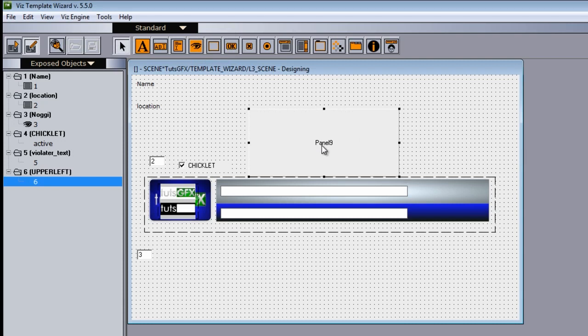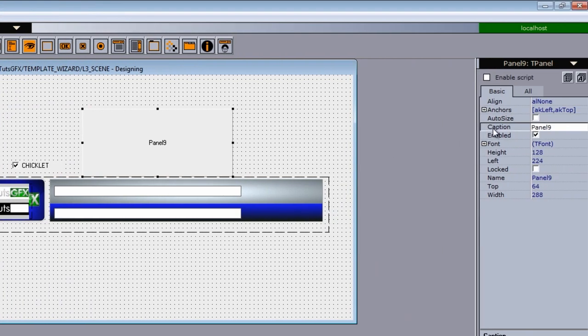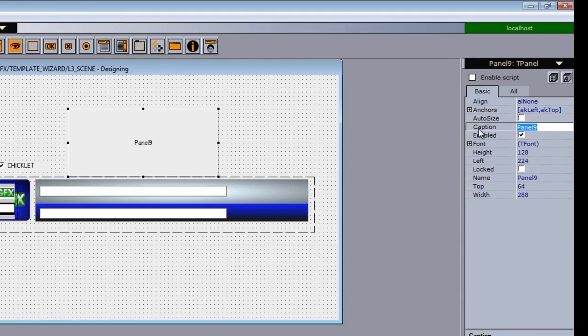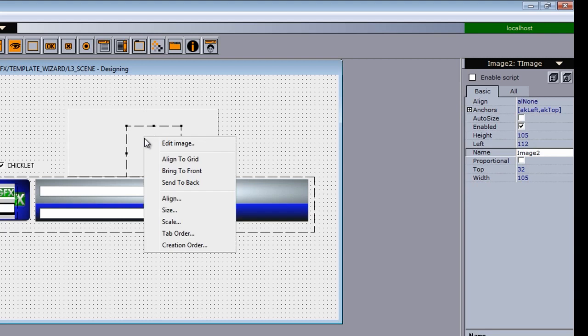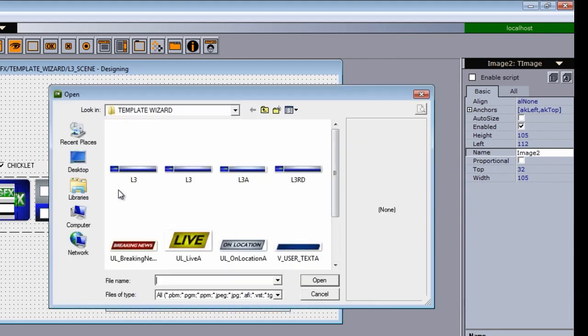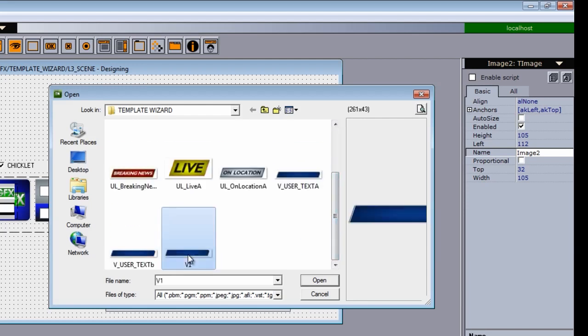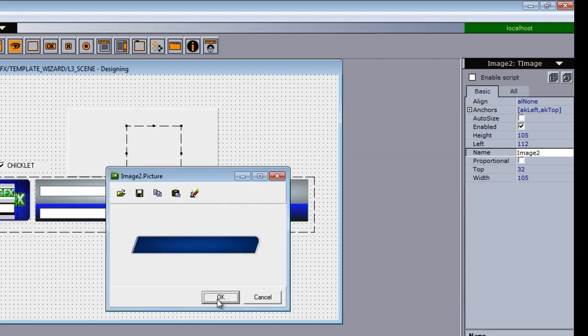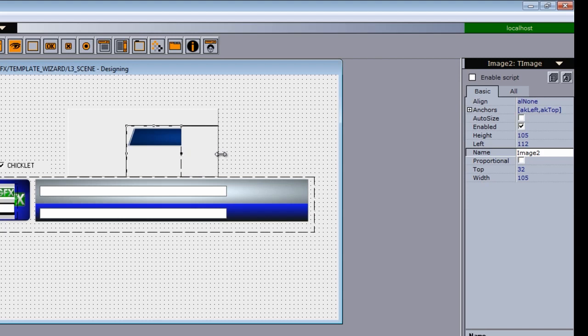here. When we create it, it actually gives you a little name, so we don't need that caption in here. I'm going to go over to the caption in the basic or the all tab and just delete that. Instead, I'm going to add a static image. So I'm just going to click on the static image, click within the panel, and I right click within the area here and it says edit image. So I'm going to click on edit image and navigate to where I took a snapshot of our little violator